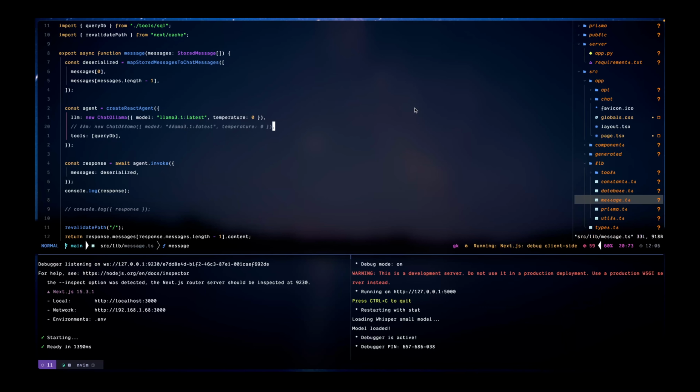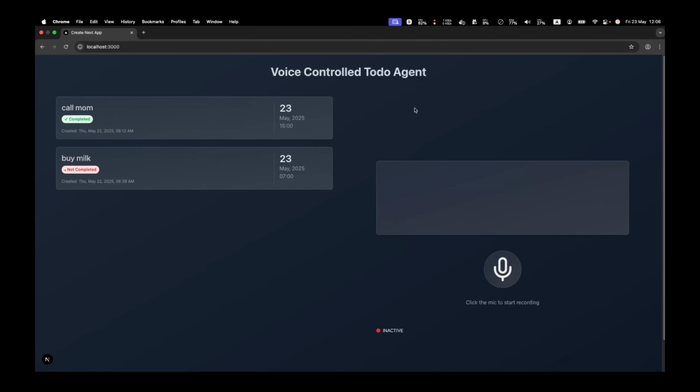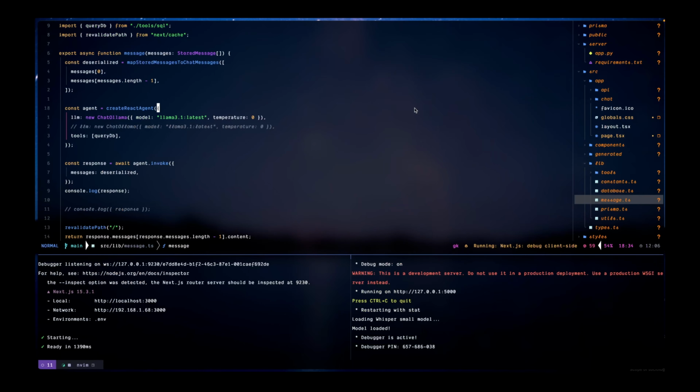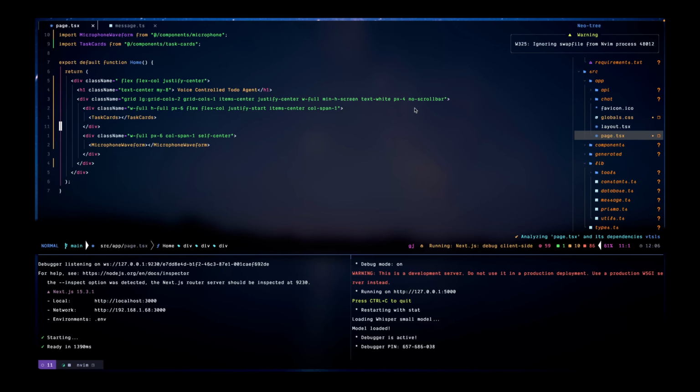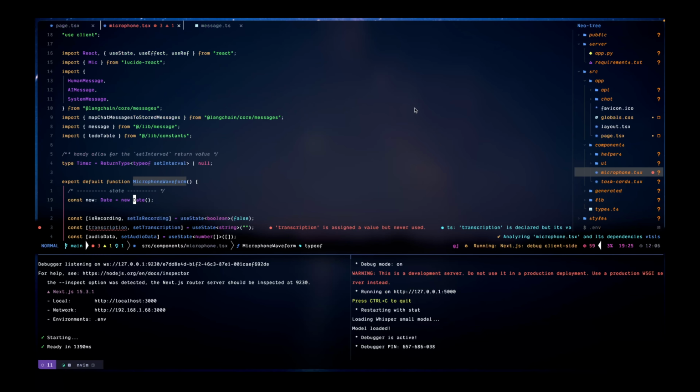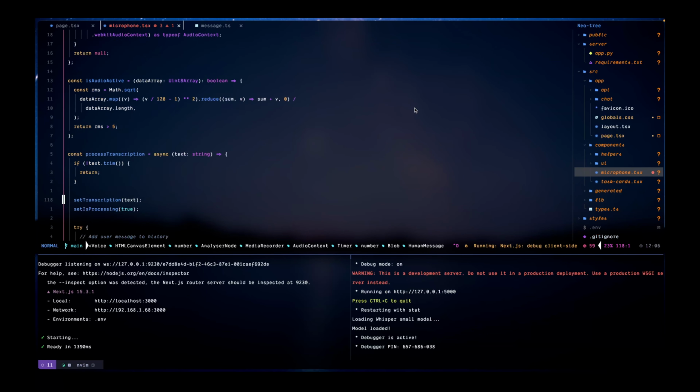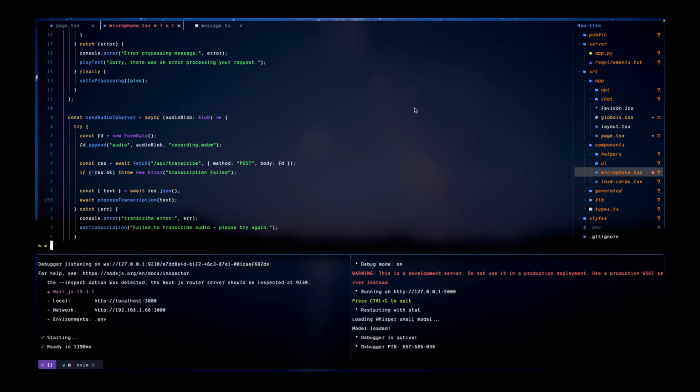Okay, now let's try to break this app. I mean, let's try to debug this app. I'll try speaking from the mic and I'll show you how everything happens inside the app. For that, let's go to our page.tsx. Let's create the microphone waveform and we can go to on